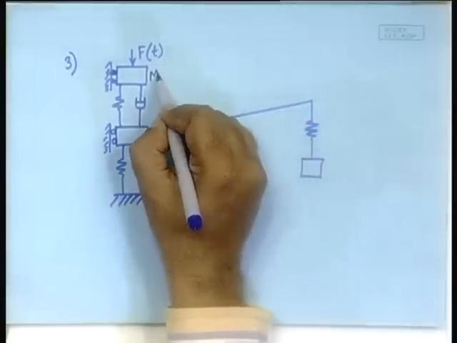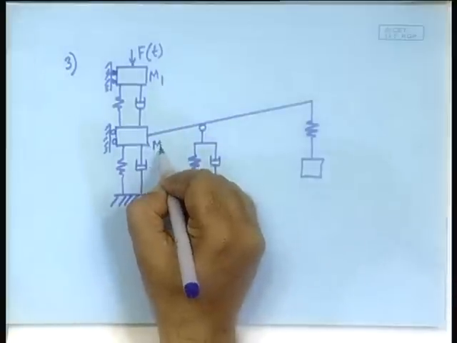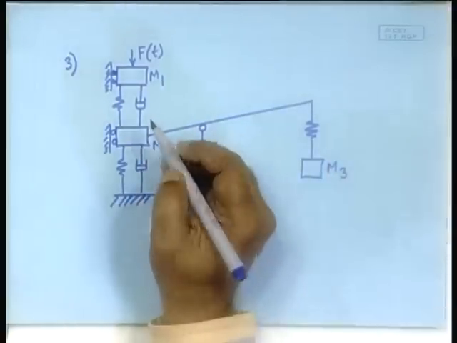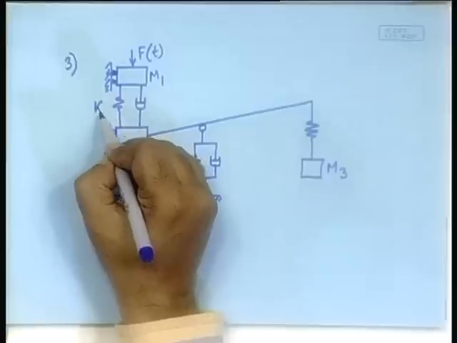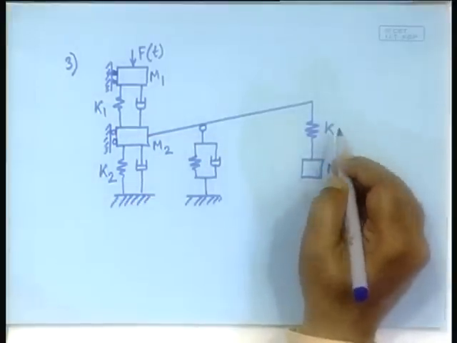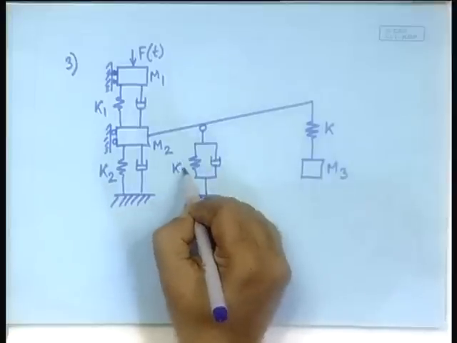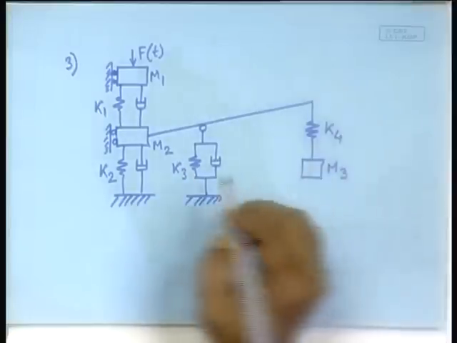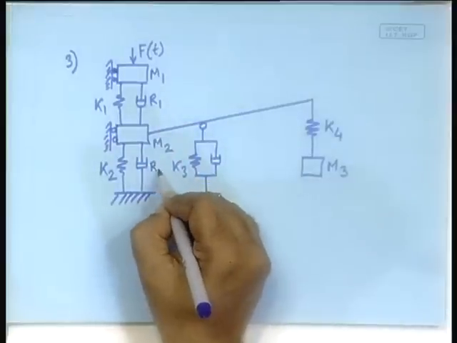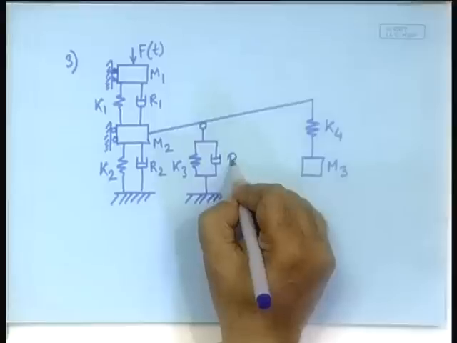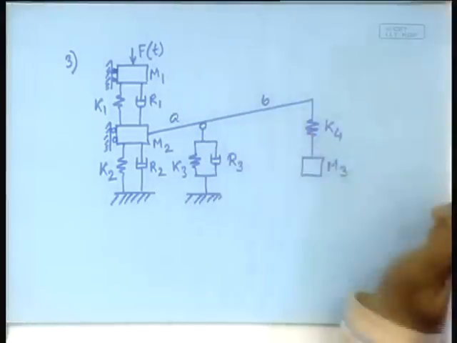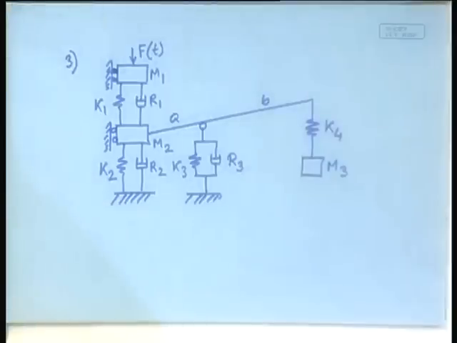This is M1, this is M2, this is M3, K1, K2, K, there is another K3 and K4, R1, R2, R3, A, B, fine, but the point is that